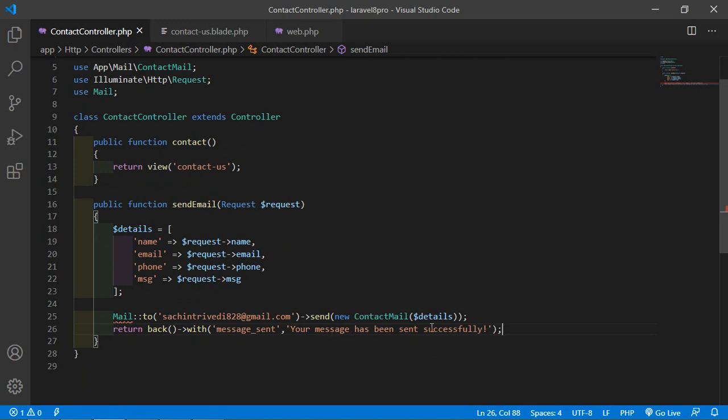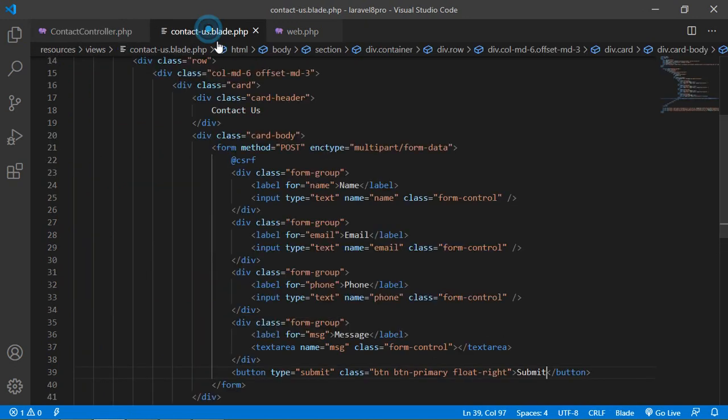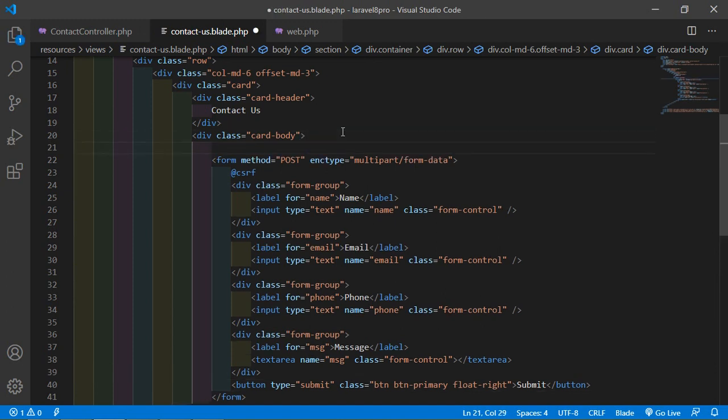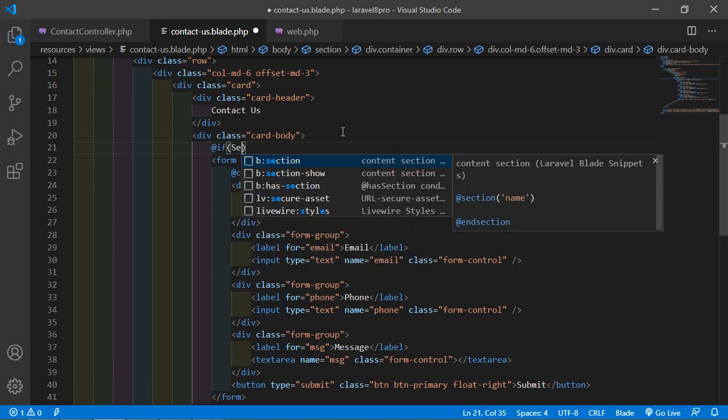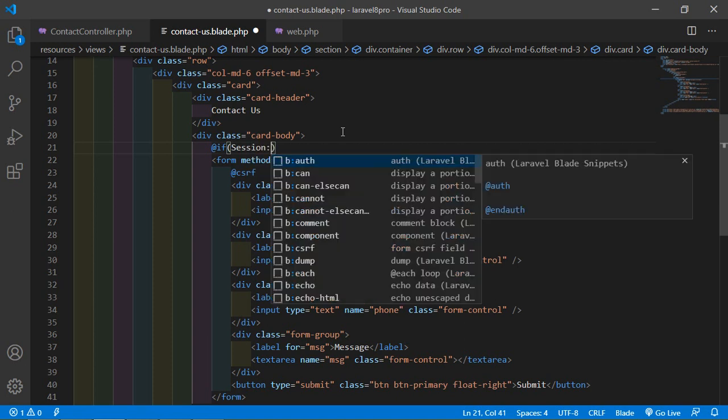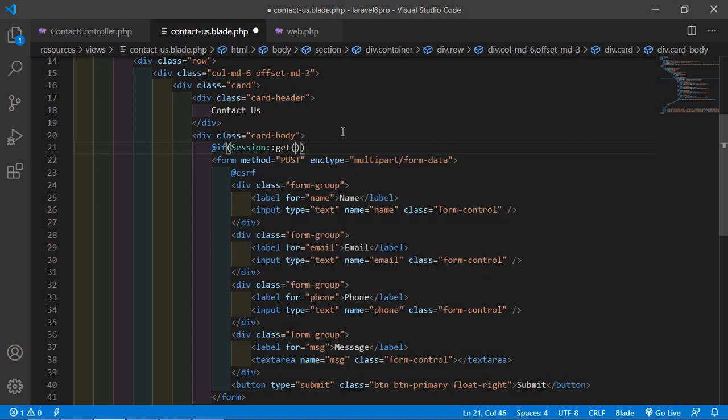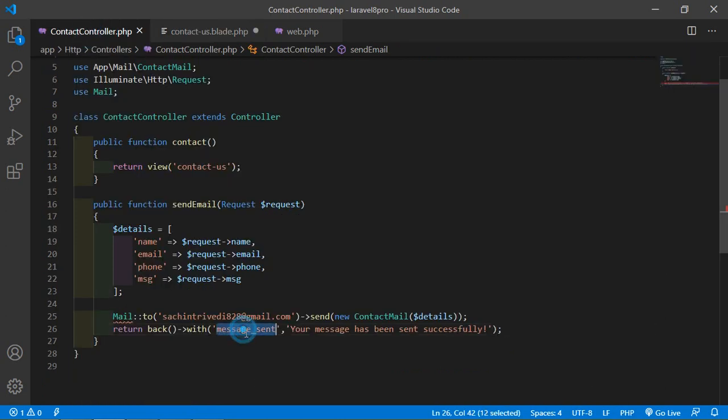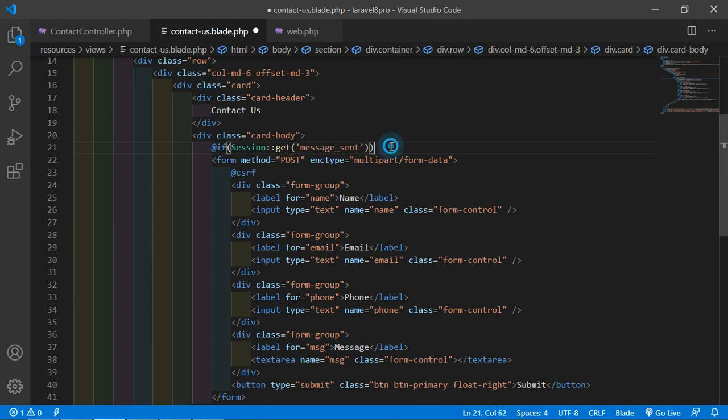Now let's display this message in the contact us blade. So just add here before the form, at the rate if directive, and inside this just add here Session colon colon get, and inside this get just add the key name, which is message_send.